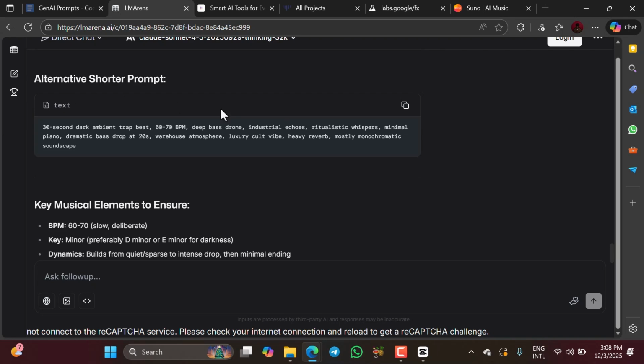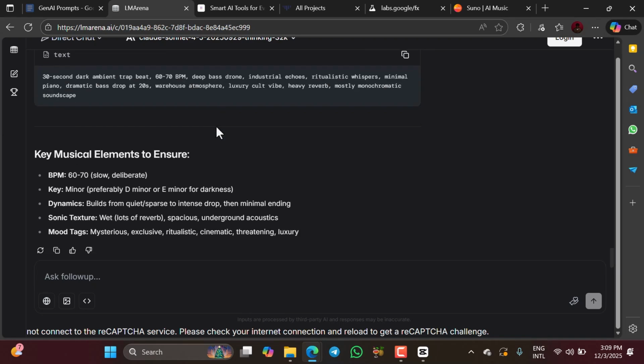There's no specific format that you need to use for this particular music generation. All right. So once you've generated and copied your prompts from Cloud AI or whatever AI you are using, what you need to do next is to visit